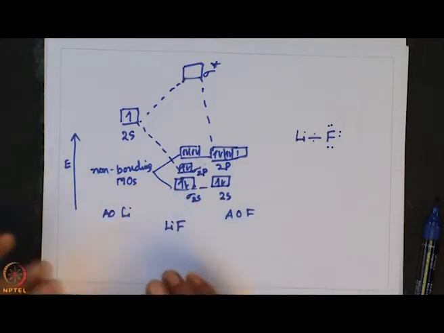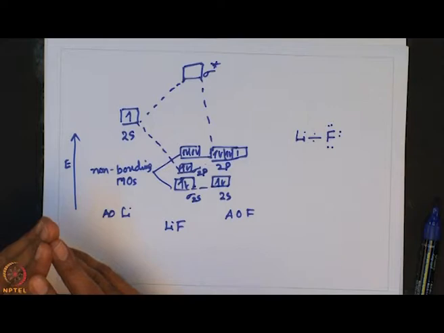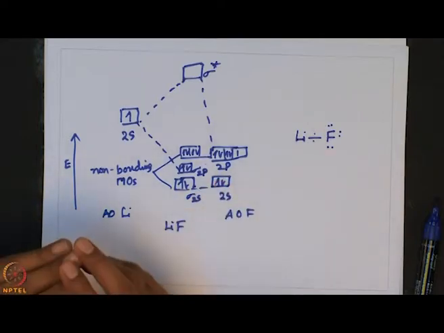That means some clue can be taken from valence bond theory as well as the Lewis dot structure when we are writing the MO diagram, and they can be verified. So, once you are familiar with writing MO diagrams for heteronuclear diatomic molecules, you should be able to write for any complicated molecule by considering ligand group orbitals. So, let me write a general MO diagram here before I conclude this talk.